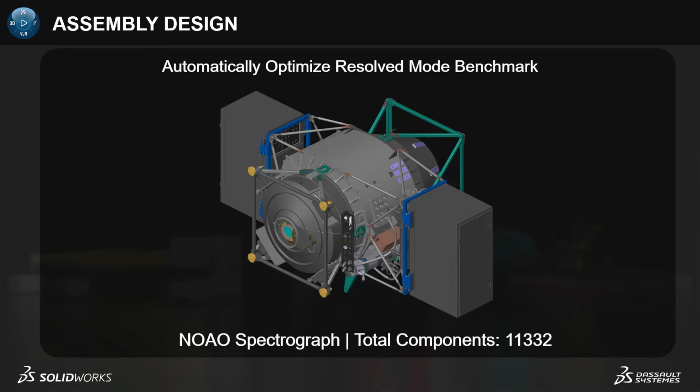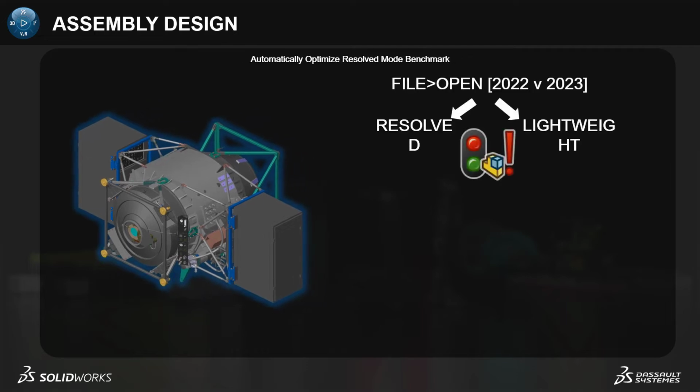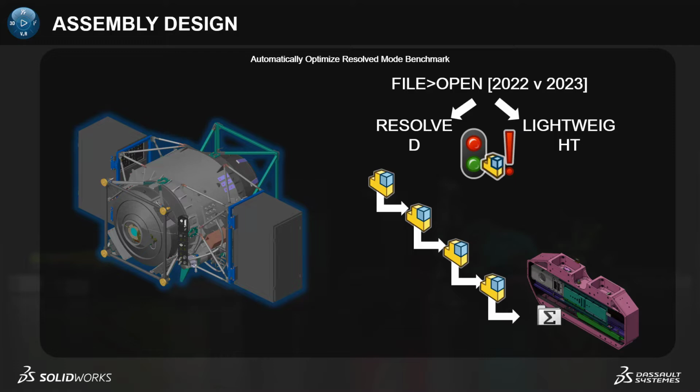To take a look at a possible increased performance, a benchmark of an 11,000 component assembly was used. Infinite workflows could be identified to test these performance enhancements, so one had to be chosen. In this case, four subassemblies deep presented a rebuild error due to a misordered equation set. Loading the assembly, identifying this issue, and resolving the problem would require multiple lightweight to resolve operations, as we will see in 2022. This same workflow was tested in 2023 with both optimized resolve mode and lightweight operations, and what